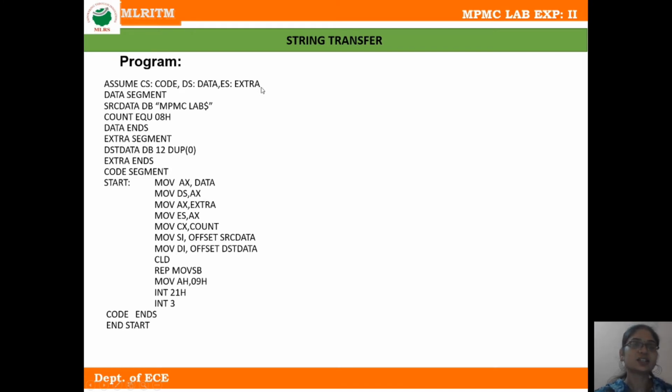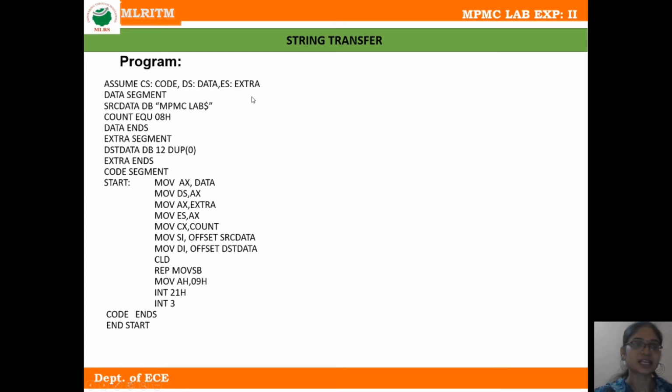So in this program, I am selecting three segments: code segment, data segment and extra segment. In the next line, we start the data segment.